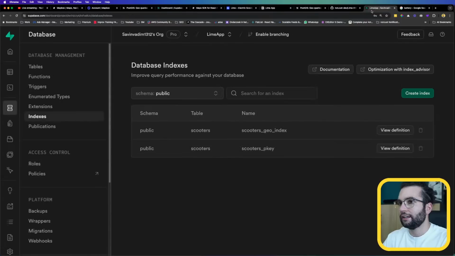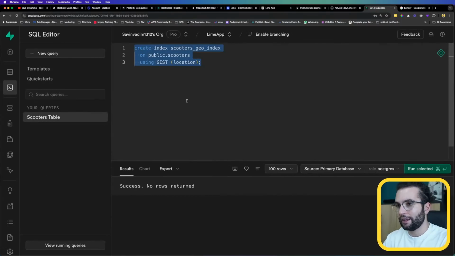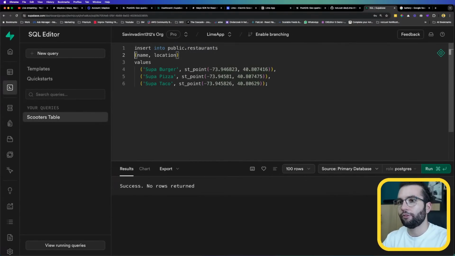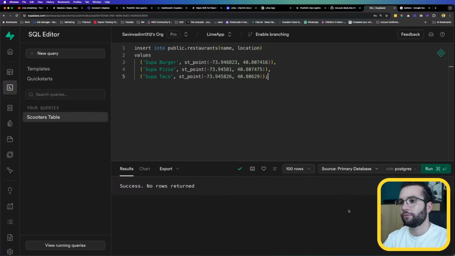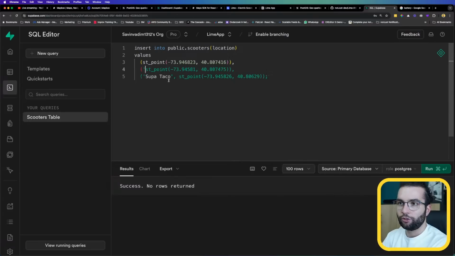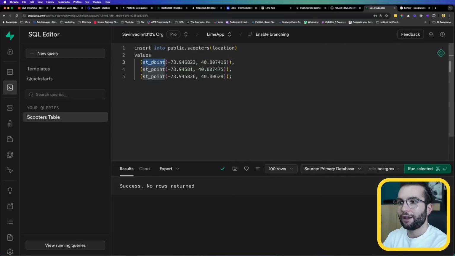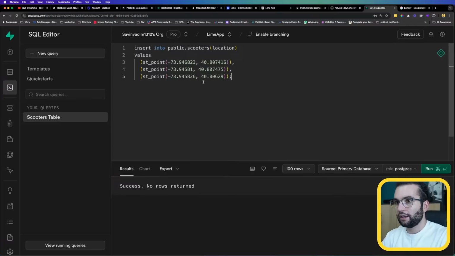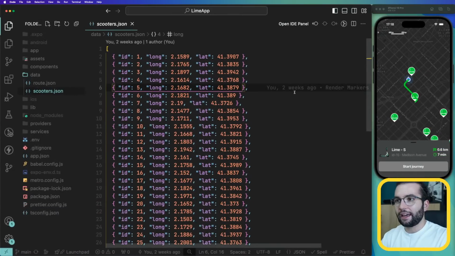Let's go ahead and add some data from the SQL. I'm going to again copy it, go to the SQL editor, adjust it and then give you the final version. So insert into public.scooters. Instead of name, we don't have a name. We will only keep the location because the ID is going to be auto-generated. The battery is going to be default with 1. And we're only going to specify the points, the latitude and longitude. Let me get all of this